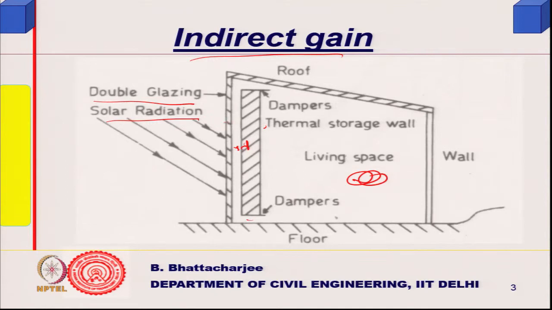The solar radiation will pass through this and it will heat up the wall as well, and this air here also will get heated up. So, hot air will have a tendency to move like this, and cold air from the room will, right. And since this gets heated up, it stores up the heat and it can supply it later also, rather than, in fact, as I was telling you,